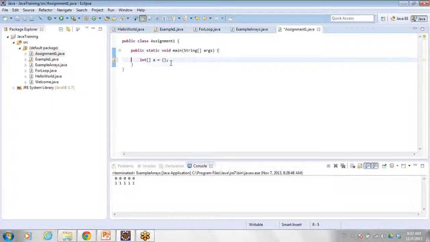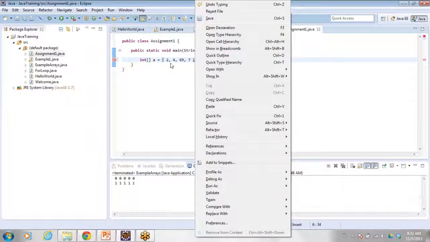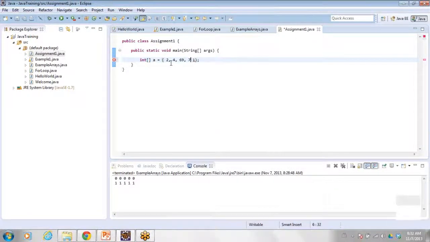So this is the default initialization of the array. So I am assigning some numbers. So in this array, calculate the maximum number.